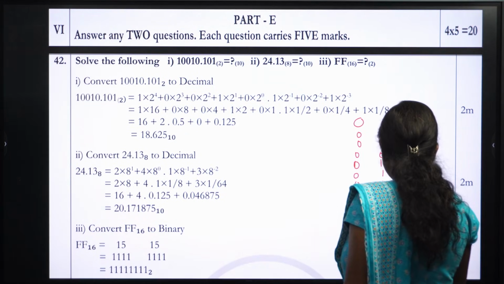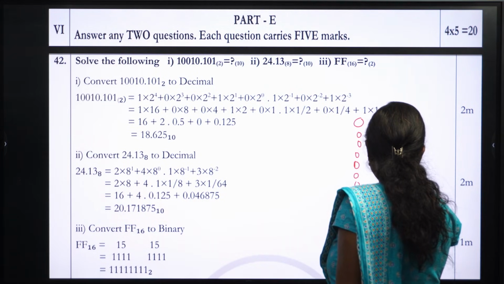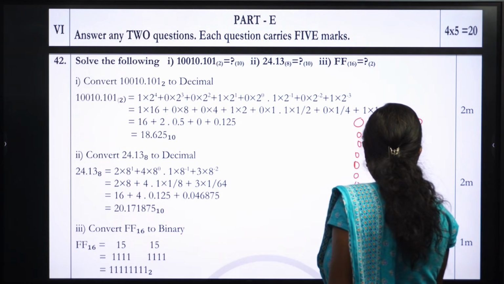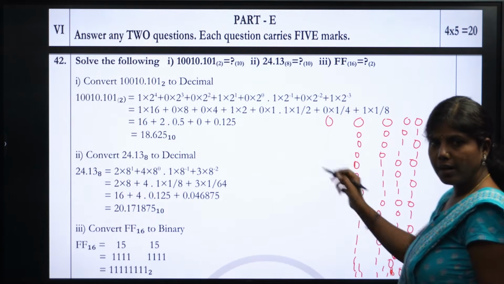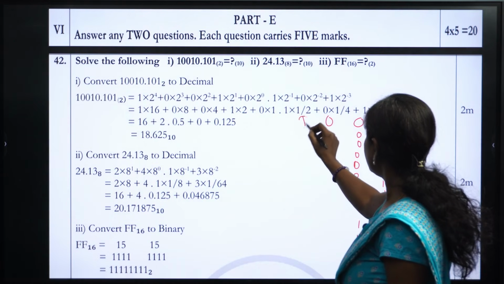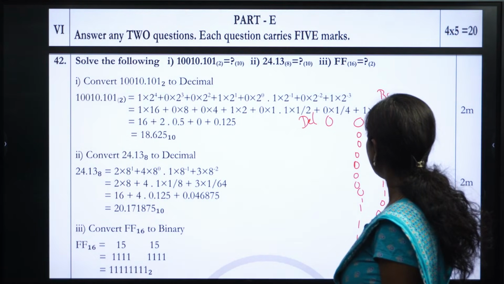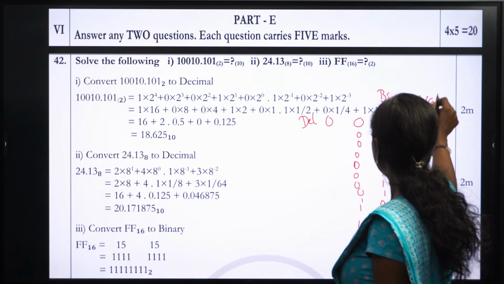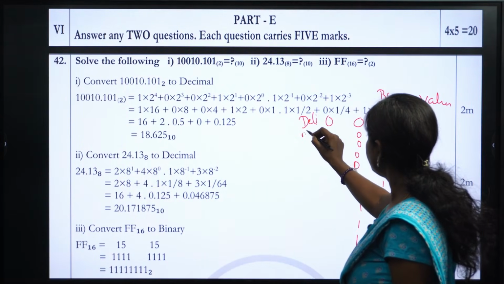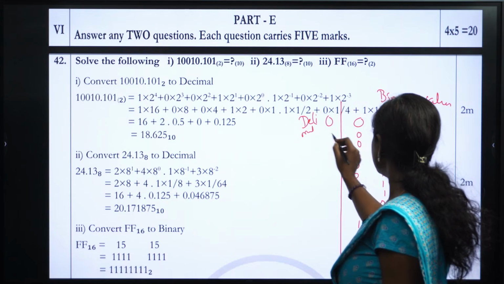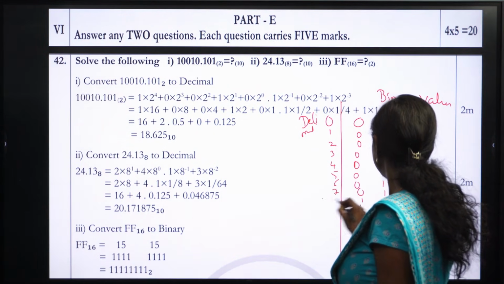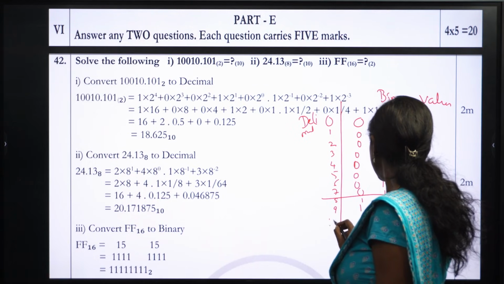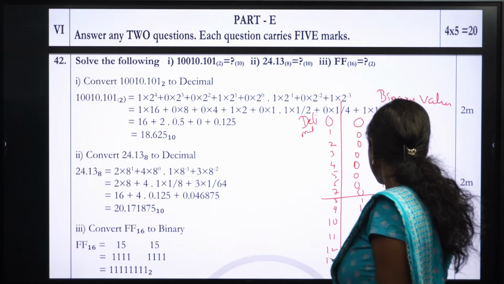Okay, this is going to be 0 here, students, and it's going to be 12, 1, 1, 0, 1, 1, 1, 1, 0, 1, 0, and it's 4 times 1. Okay, this is going to be 0. So this is going to be the binary part, and this is going to be the decimal numbers. Okay, this is going to be the decimal, and this is going to be the binary values. I'm writing here, binary values. This is going to be the decimal. Okay, this represents what? 0, 1, 2, 3, 4, 5, 6, 7, 8, 9, 10, 11, 12, 13, 14.